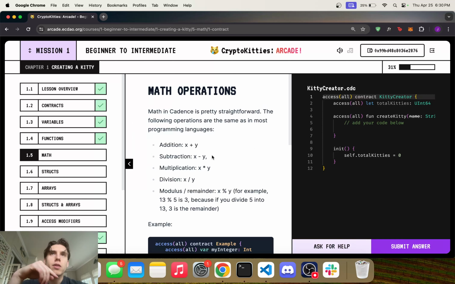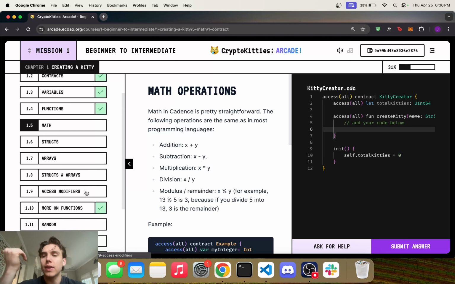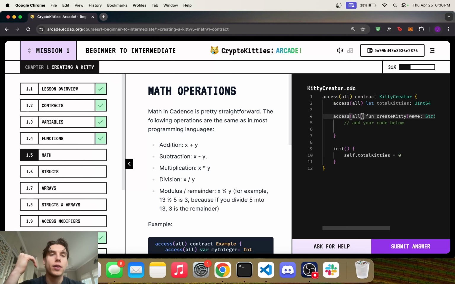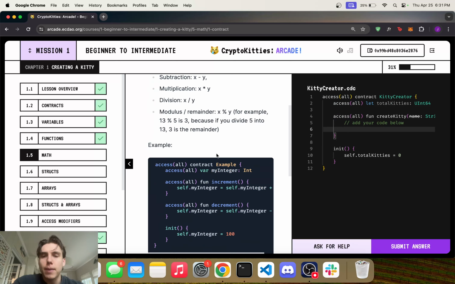Oh, and also, before I go into this, I just want to pause. I know I'm going super fast. I'm only doing that because you can take all the time you need and read if you want to. Just to touch on this, access all, we'll go into that in the access modifier section, so don't really worry about this. As a beginner concept, access all is usually what you're going to be putting. That determines the access of this function or your variable. Access all is saying that anyone can access this. These are basically public in other languages, but again, we'll dive into this in a bit, so don't worry too much about that yet.